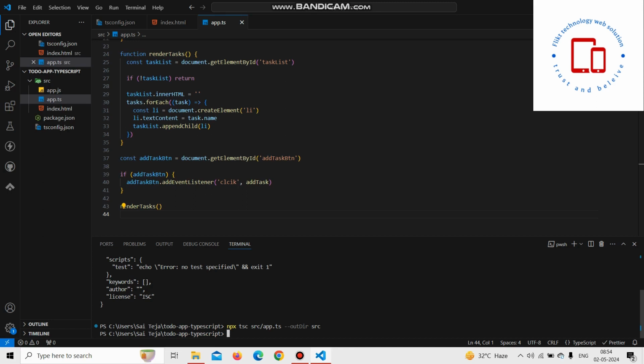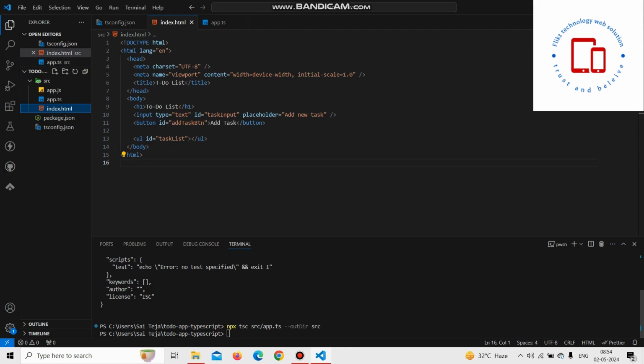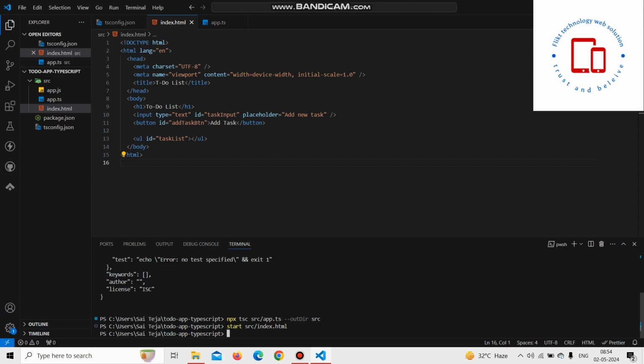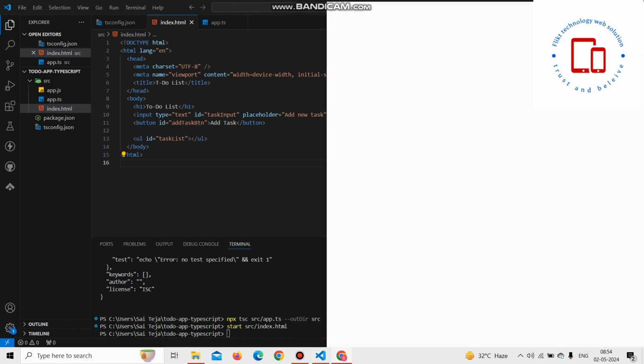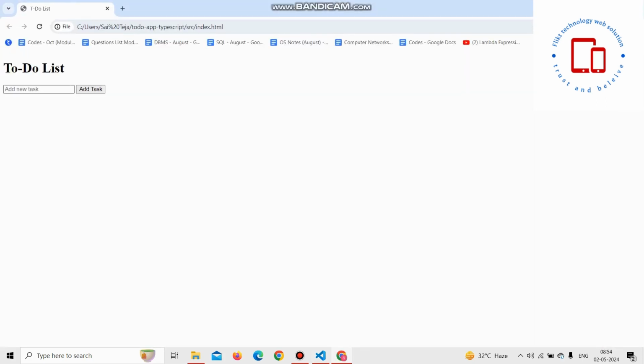Next, to run the application, we want to open index.html, and then we want to type start src slash index.html. See, we are getting a to-do list with an input and a button. If I type hello and if I click on add,